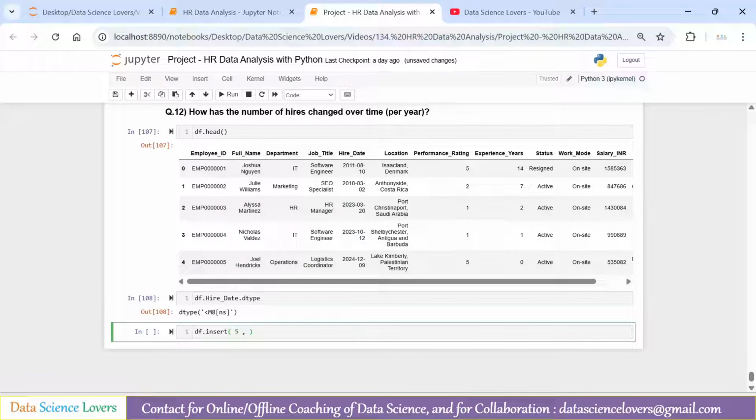The next parameter we have to give is the name of the column. You can give any column name as per your choice. I am naming the column year here. And the third parameter is what we want in this column, meaning the values. In this column we want the years. So to split the year, or to fetch the year, from this datetime column, we will use the dt.year command. How to use it? First of all, we have to consider this column,